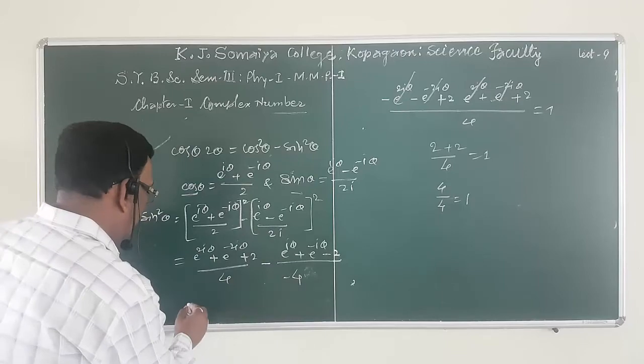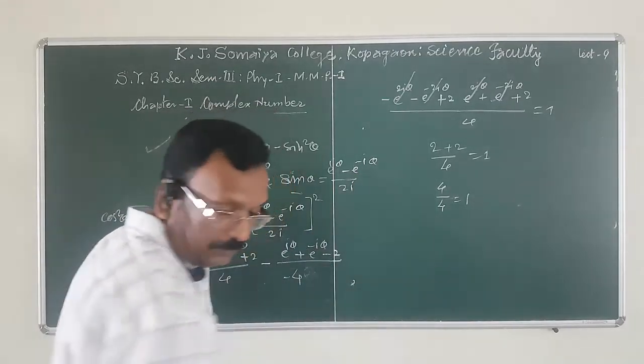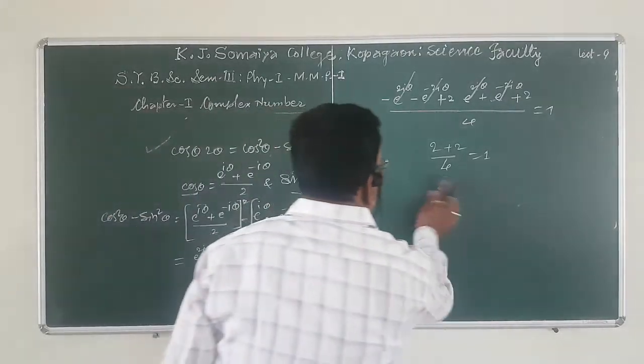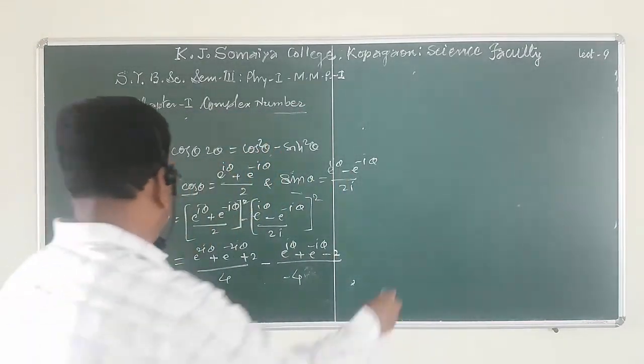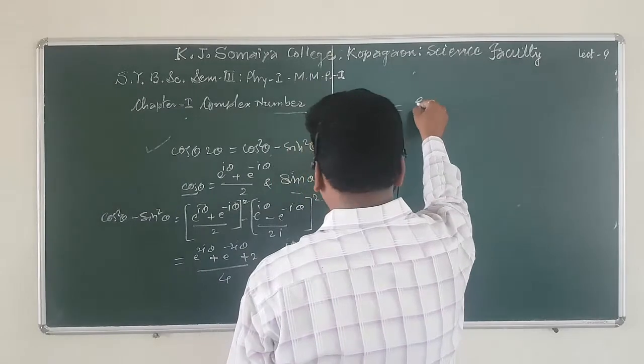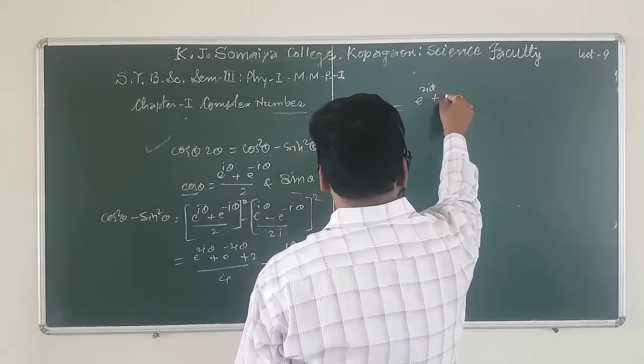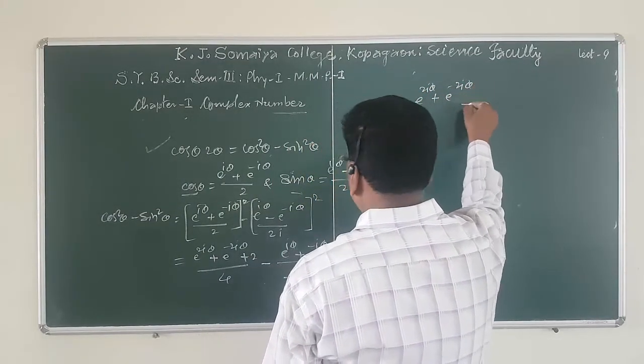Again simplify this term, we have e raised to 2I theta plus e raised to minus 2I theta plus 2